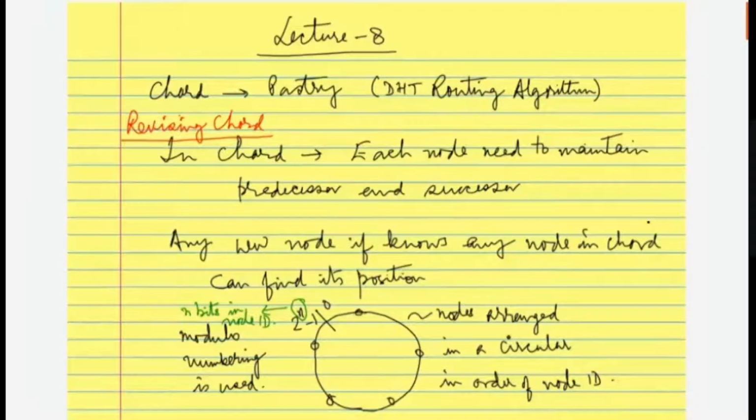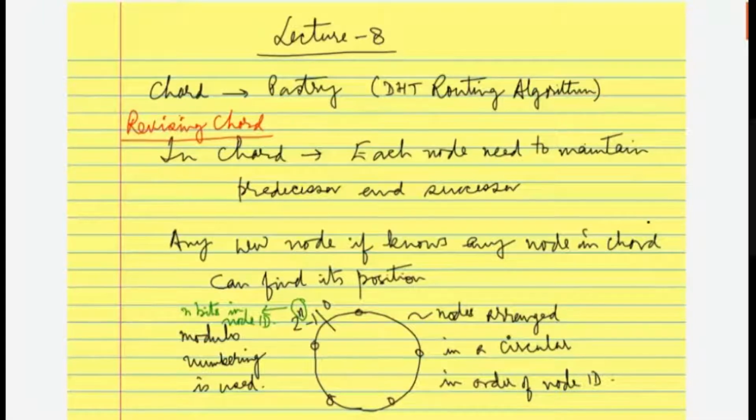But there was a problem in Chord: the node IDs are just randomly picked by each node. So when you are forwarding a query or publishing a key-value pair, it might go to a node which is far off, maybe in the opposite direction on the earth. If you are in India, the next neighboring node might be in the United States, and the next one may be back in India. So proximity is not guaranteed.